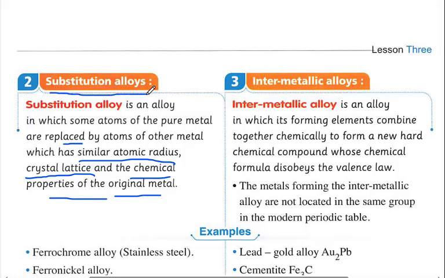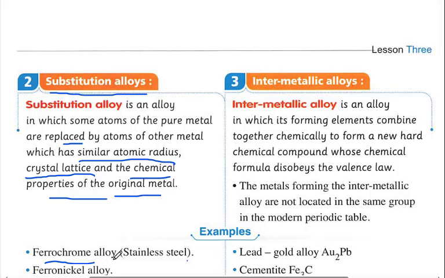When you are asked why an alloy from iron and chromium is called a substitution alloy, and it is called stainless steel, not steel. Steel only is carbon and iron, but stainless steel is chromium and iron. So why do chromium and iron form what is called the stainless steel alloy, and it is a kind of substitution alloy because